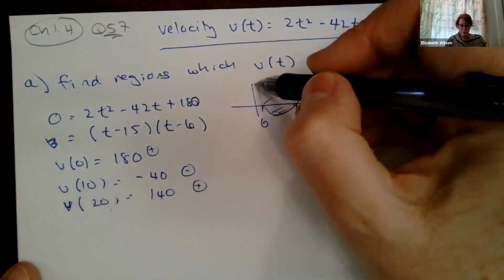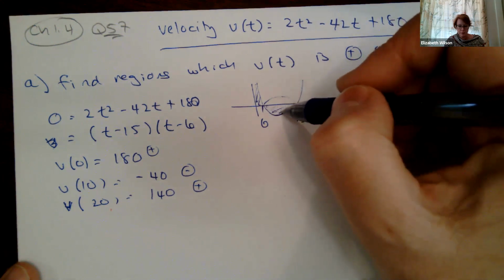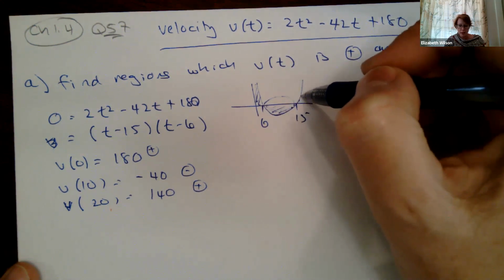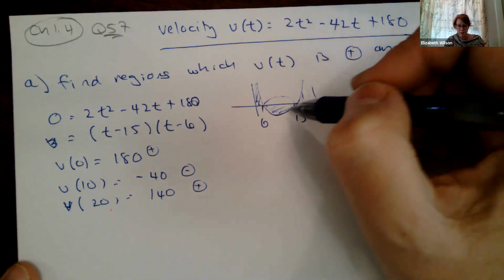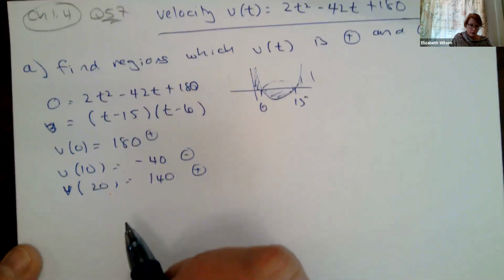So before 6, I'm looking at positive values. Between 6 and 15, I'm looking at negative values. And greater than 15, I'm looking at positive values. So anything between 6 and 15, I have to make positive. Right, so then my speed